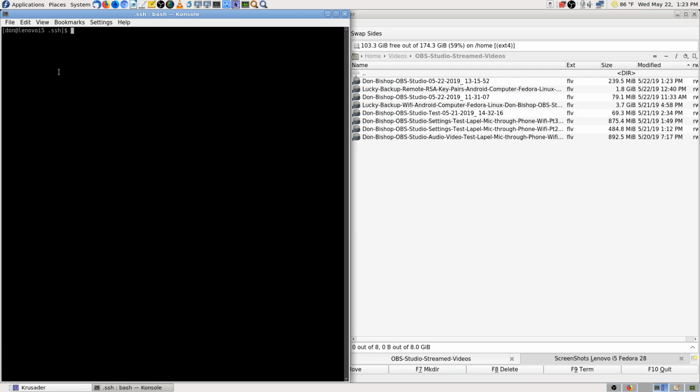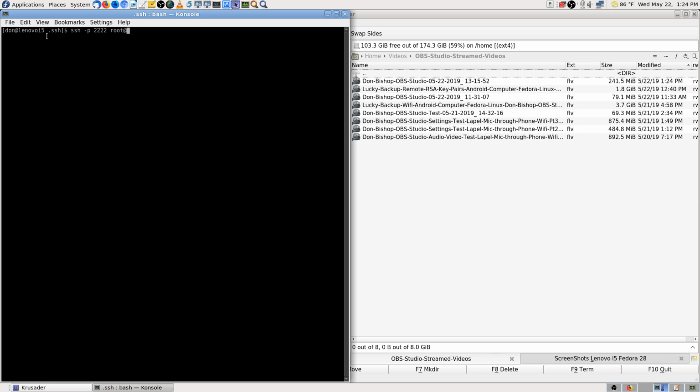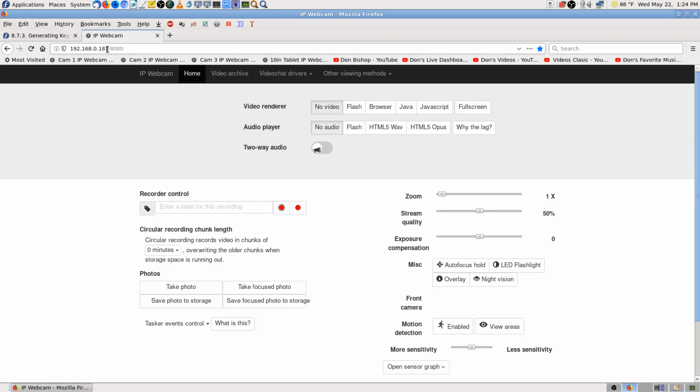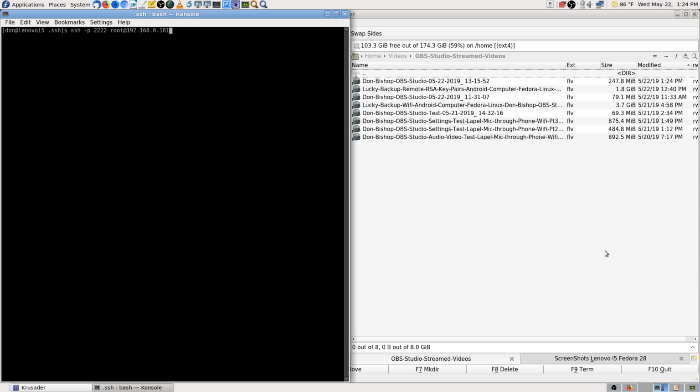Okay, so just get in a normal terminal, paste in the commands there, and then you need your IP address. And I'm just going to copy it because it's there. I might end up with HTTP. We'll see. Nope. Okay, so hit enter